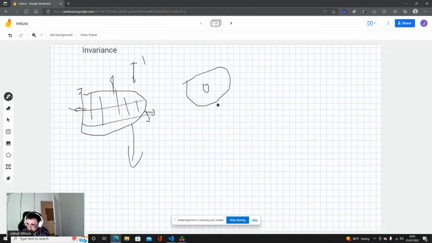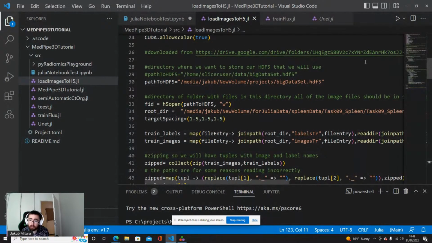So which augmentations exactly are good for each case depends on the problem. Some augmentations like translations are usually good, and usually the intensity transformations are good, but there is no one solution for all. It's problem dependent to a big extent. We want to synthesize data that is probable to happen in real life. Okay, this is the idea.